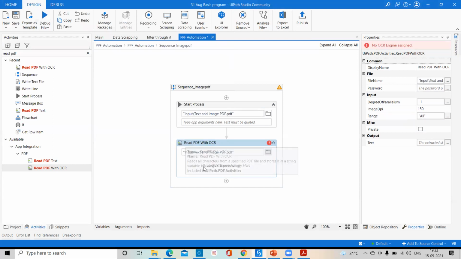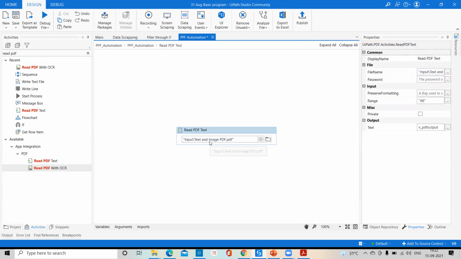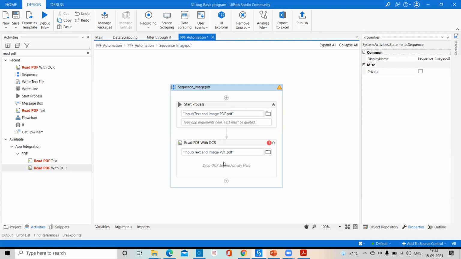So again, if you come here, we are getting a drop OCR engine activity here. But if you come to my read PDF text, we don't have any OCR right now, because OCR is especially for converting your image data into string, into your text data. So that's why if you're going to use this image part, you have to use the OCR.